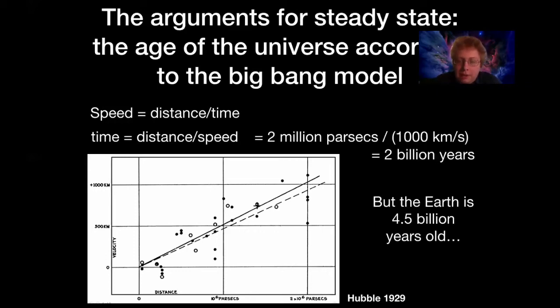But this is a bad thing, because scientists at this time already knew that the Earth was older than 2 billion years. They had found rocks, geologic evidence that the Earth was at least 3 billion years old at this time. They had dated them using radioactive dating techniques, kind of like radiocarbon dating that you hear about today. And eventually, geologists figured out that the Earth is actually 4.5 billion years old. So in this argument, it seems like the Earth has to be older than the age of the universe, which doesn't make sense for the Big Bang model.